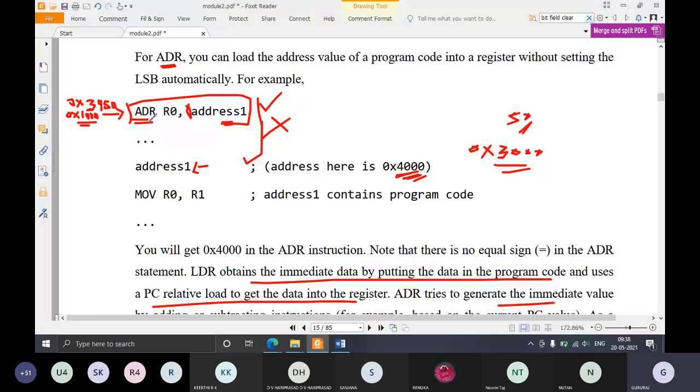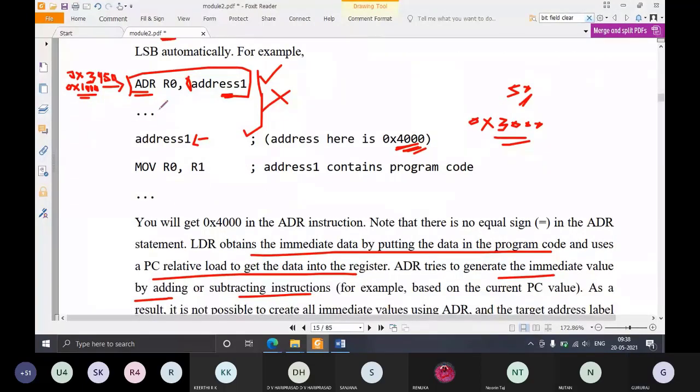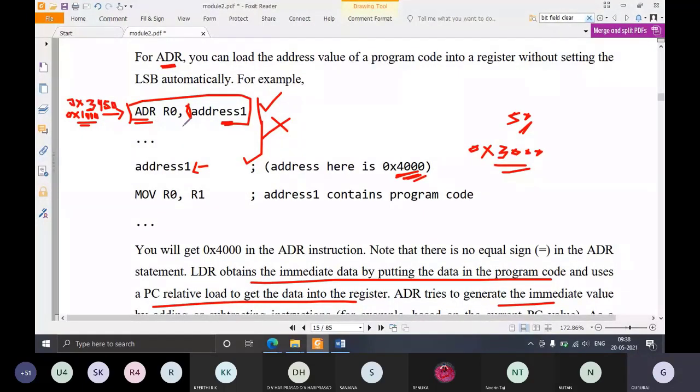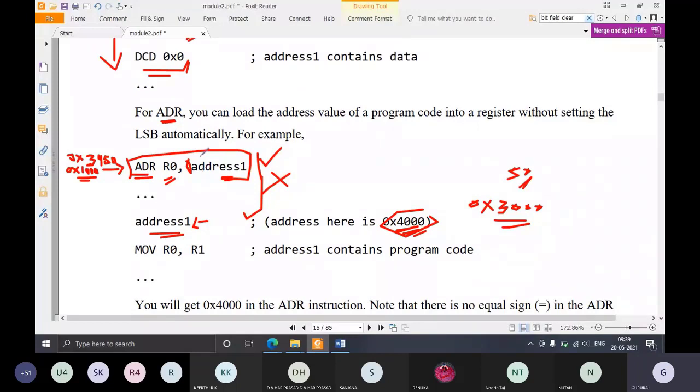So what will be loaded to R0 now? ADR R0, address means, what is the address of this label, address 1? It is 4000. So 4000 will be loaded to R0. Here you can see, even though this address 1 is a program address, after this label some code is written.